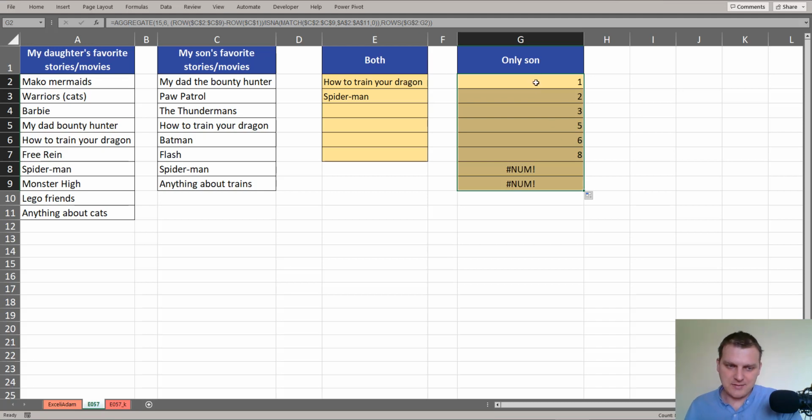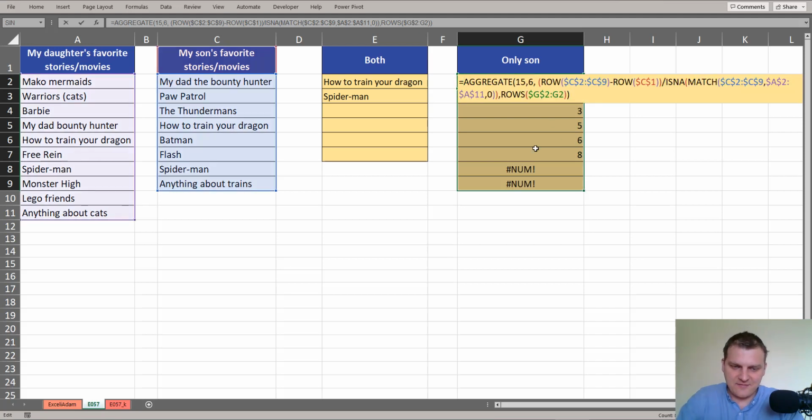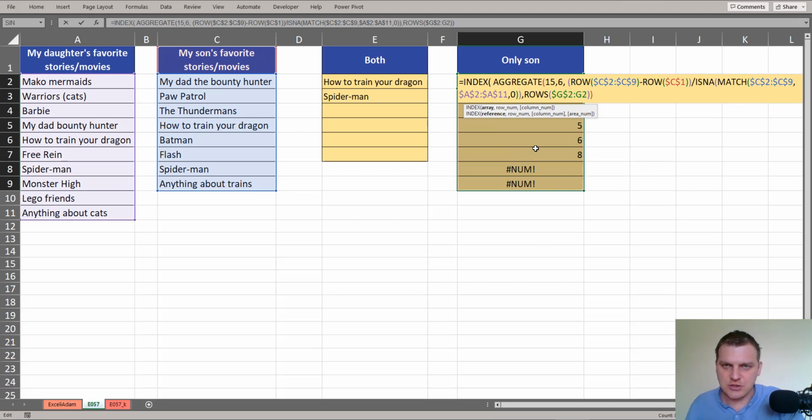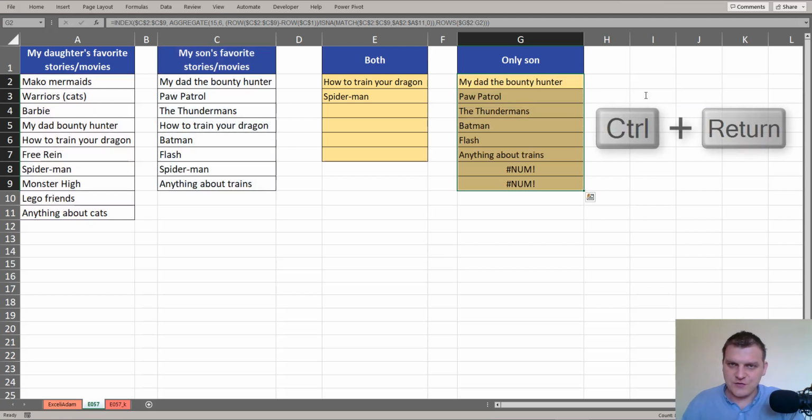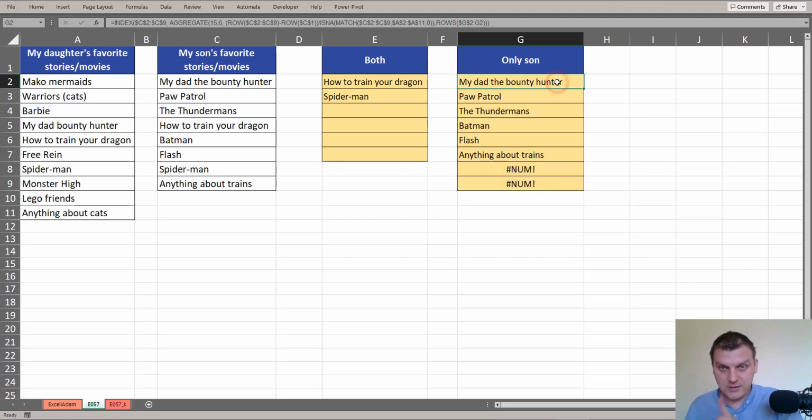So we can now add the INDEX function, and we are taking the position from list B. So we have to select list B, F4 to lock it, our AGGREGATE function to get the row number, one more parenthesis, and just like that, without Control Shift Enter, just Control Enter or Enter to put this formula,